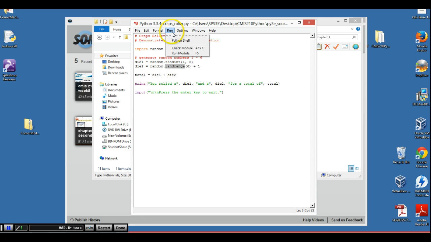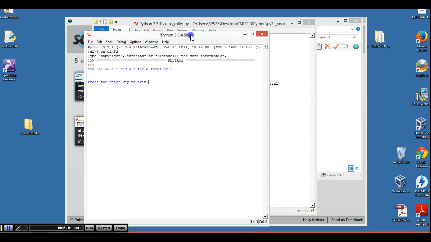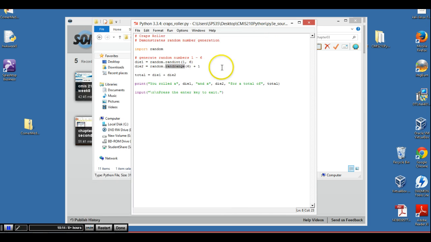I'm going to run this and see if it really does run. And we can always model these. You rolled a 1 and a 4 for a total of 5. Oh, okay. Well, that's interesting. So we can change this just to see what happens. If I change that to an 8,